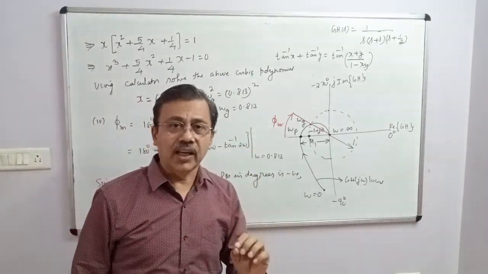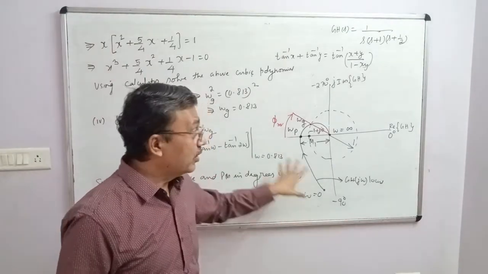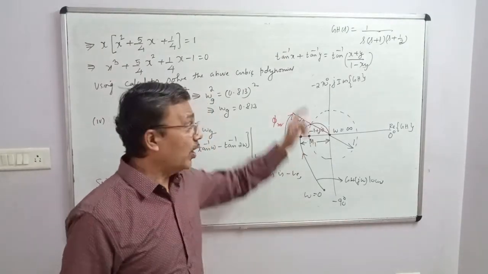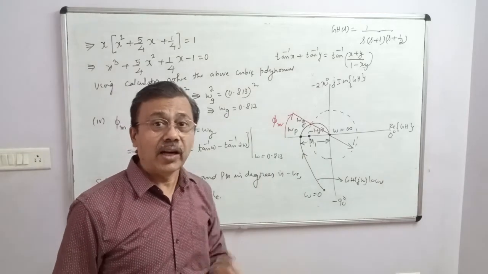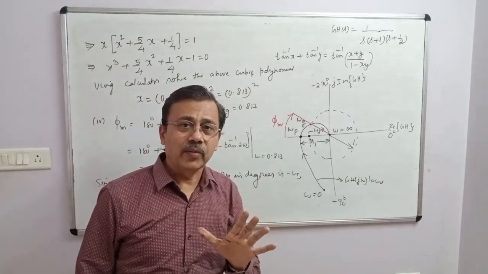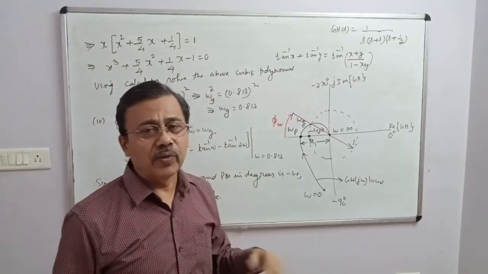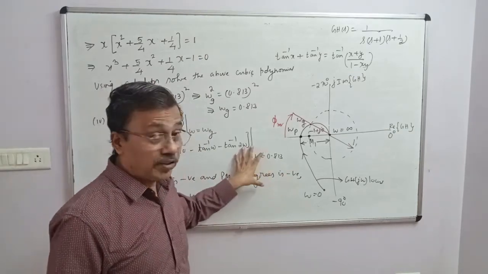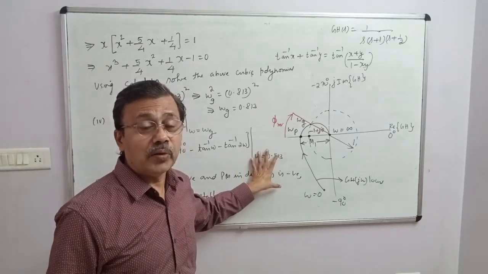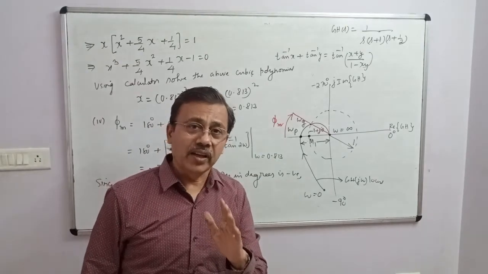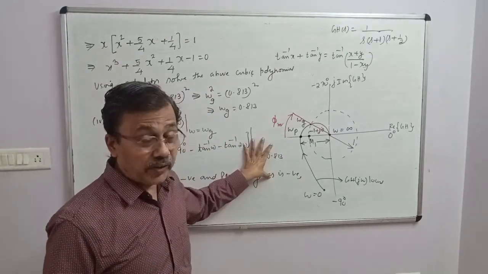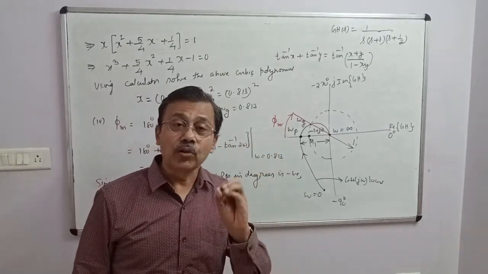Read once, recollect once, practice once. If your practice matches with what I have done in the class, 100%, you will be a candidate for a good grade. You will get above 90 marks. If you are struggling, then you have to read once more. You cannot take any chance with this subject. This is a very, very critical subject and a core subject.